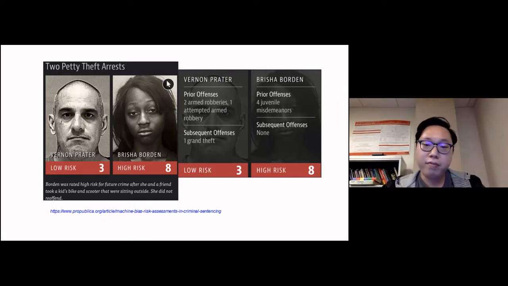Some very specific examples of the model's predictions show that those systems could often be biased. In this specific example, a white male with some criminal records was predicted as someone with very low risk of committing a crime in the future, very likely because the system is making a prediction using the face of a white man. But on the other hand, when predicting for a black woman with very few criminal records, the system predicted that the person has a very high risk of committing a crime again in the future.